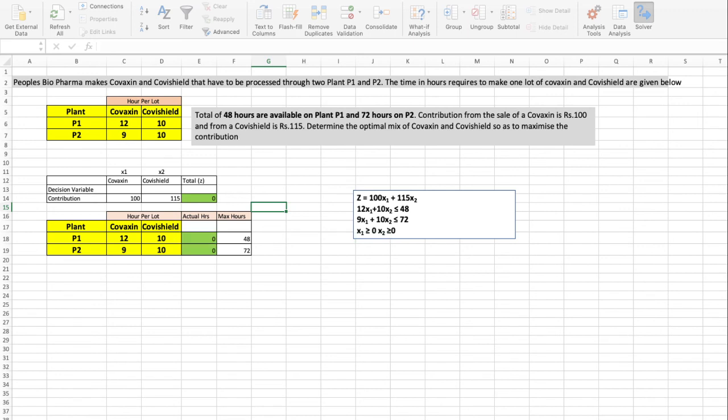Then add this. The second constraint is this, less than or equal to 72. The only thing is you have to apply all the values the same as the equation which we made. Then click OK, and just click Solve.